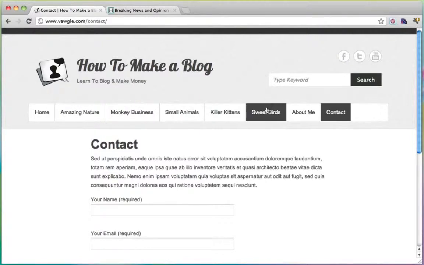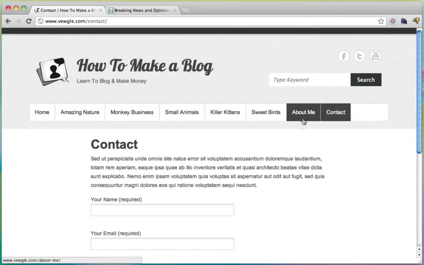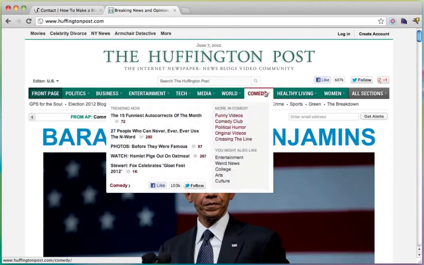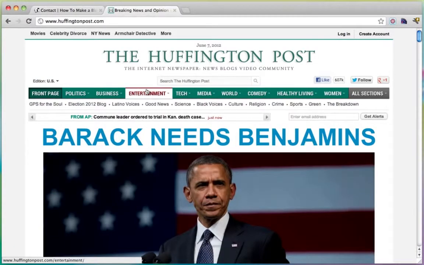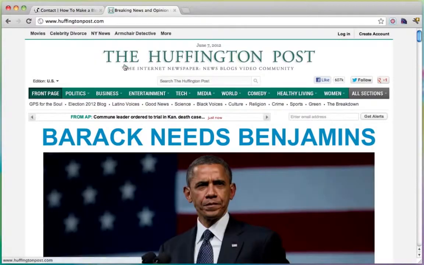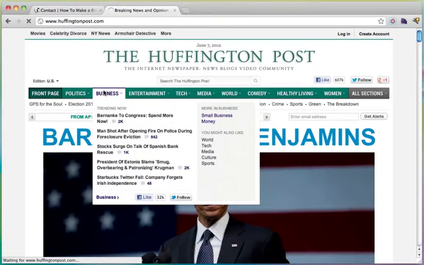Then you can have maybe services if that's important, if you're a fitness trainer and you want people to sign up for your fitness lessons, and you can have an about section also. But these should definitely be, just like the Huffington Post has them, different categories, your different categories. So let's see what that looks like on their website. If we go to business,